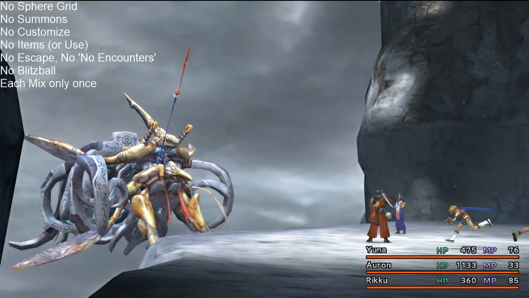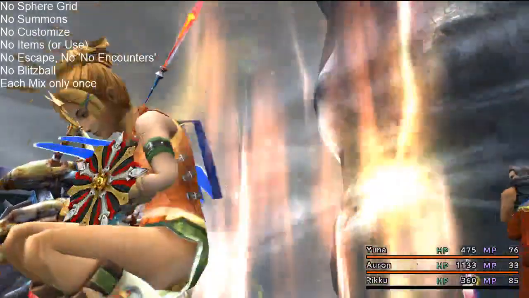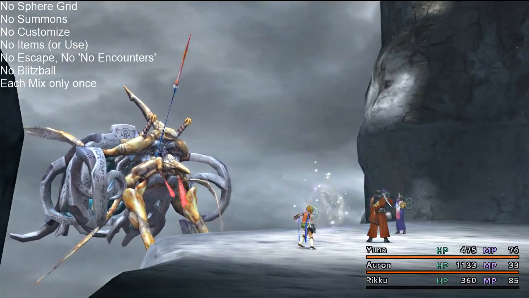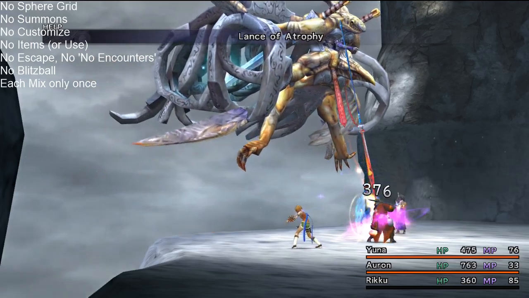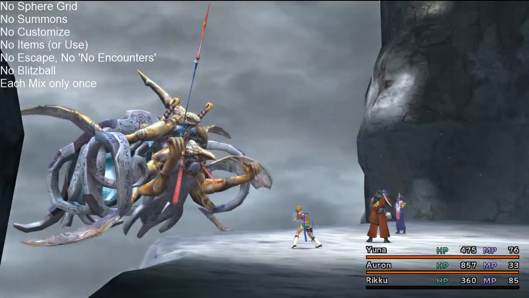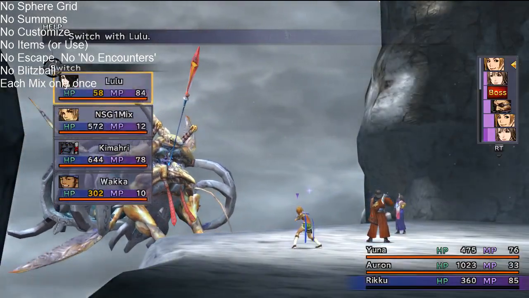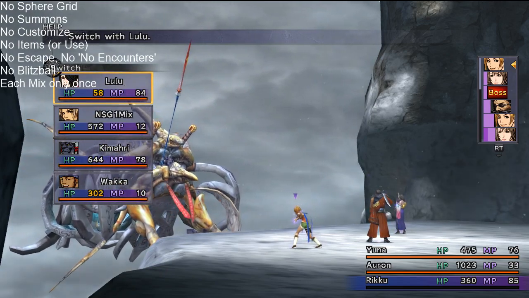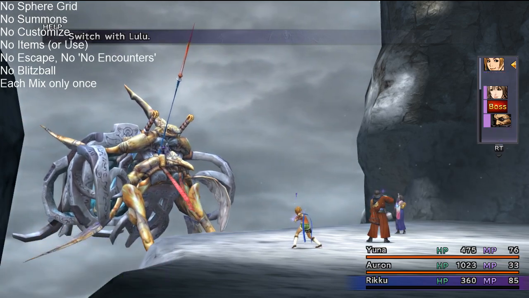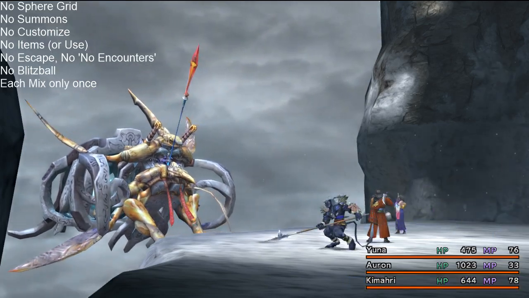Alright, switch for Riku, Hyper Mighty Guard. Lance on Orin, but he's not a zombie, that's just fine. For reasons I've mentioned before, I'm actually quite fine with Riku being in the party for the second Lance, but I will...